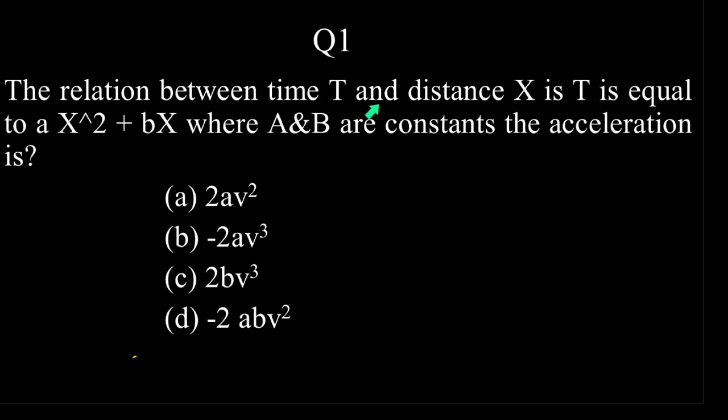The relation between time t and distance x is t = ax² + bx, where a and b are constants. Then the acceleration is... The reason why I have selected this question as the first one in the topic acceleration